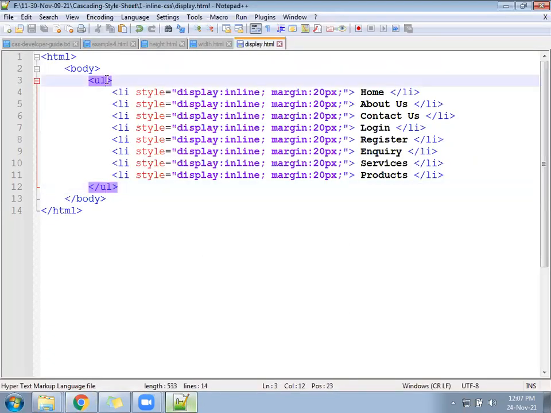Clear? Something like this. After writing one li, copy paste the same li and replace the menus.